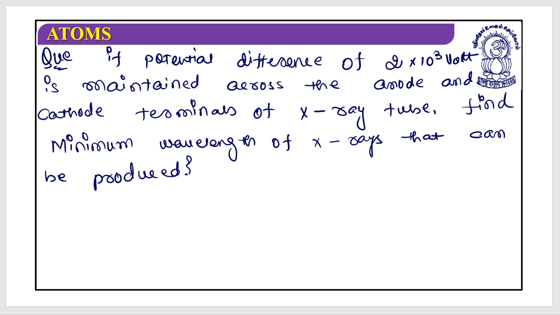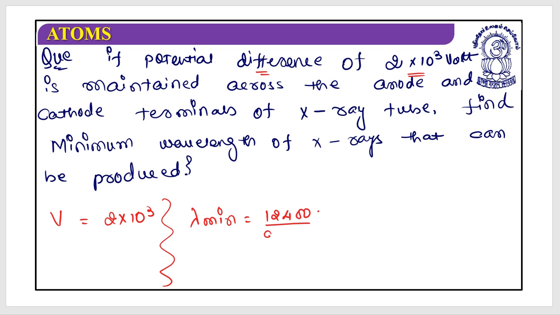So, what has been given? They said that a potential difference has been developed. That means V is given, and that is equal to 2 into 10 to the power 3 volt, maintained across the anode and cathode terminals of the X-ray tube. We need to find out the minimum wavelength. So it's the minimum wavelength. This lambda minimum is equal to